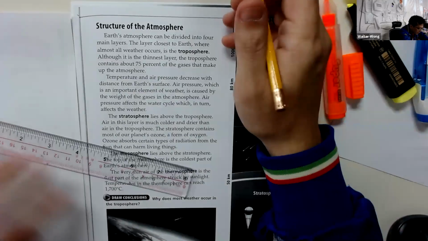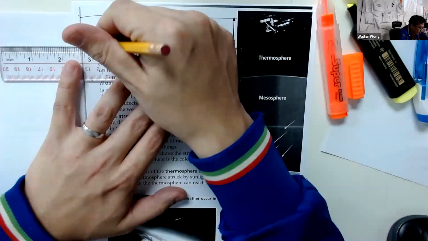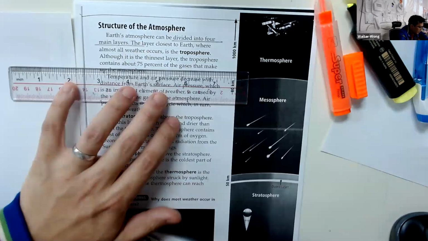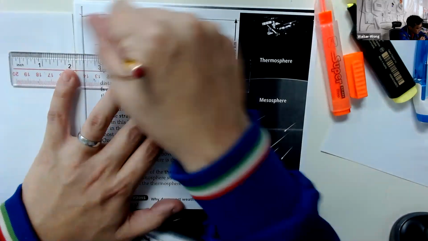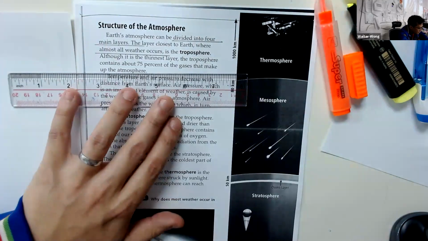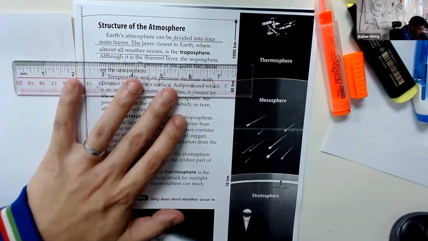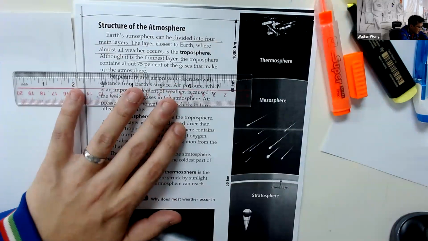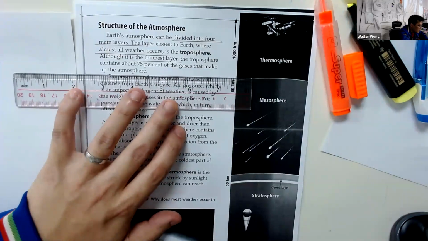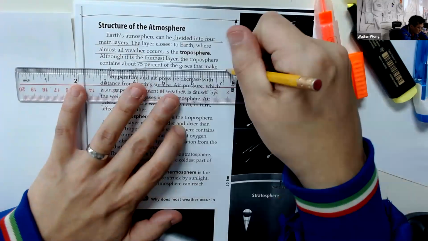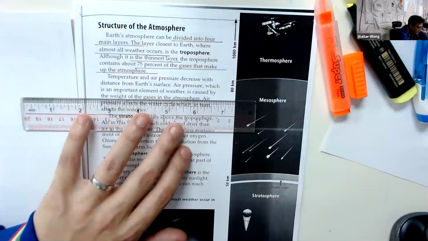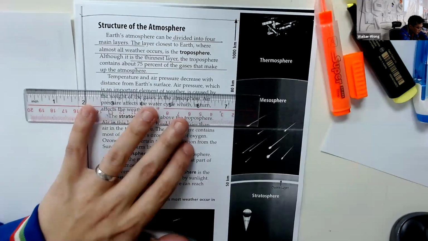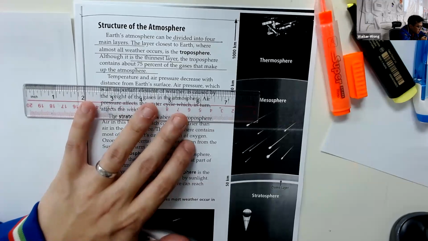Earth's atmosphere can be divided into 4 layers，主要有4層。The layer closest to Earth，個名唔重要，總之有4層。最近我哋嘅 Earth 嘅就係 almost all weather occurs，所有嘅天氣都會發生。Although it is the thinnest layer，亦都係最薄嘅一層。Contains about 75% of the gases that make up the atmosphere，有75%嘅氣體都係喺最底嗰一層。